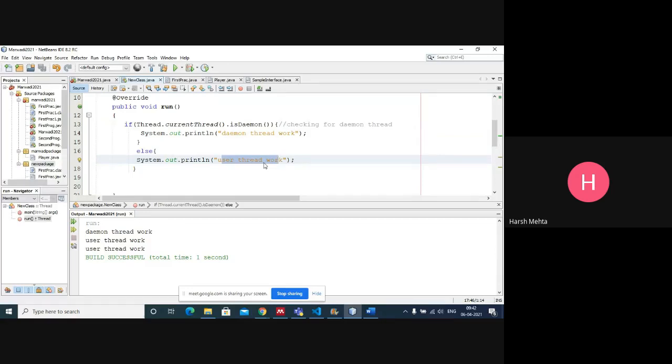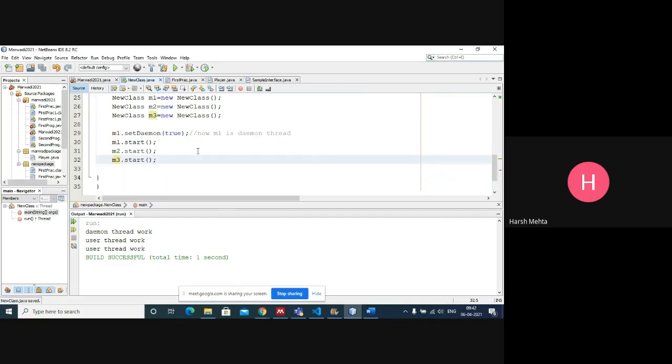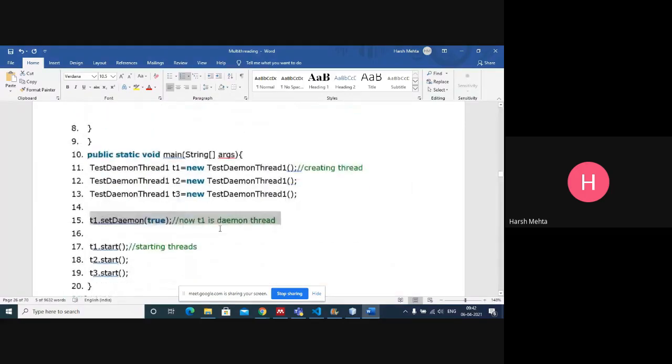Okay. Fine. So this is how you can set a daemon thread.